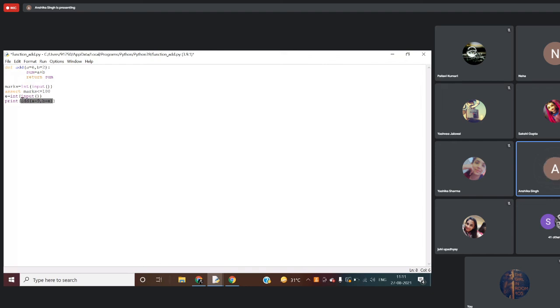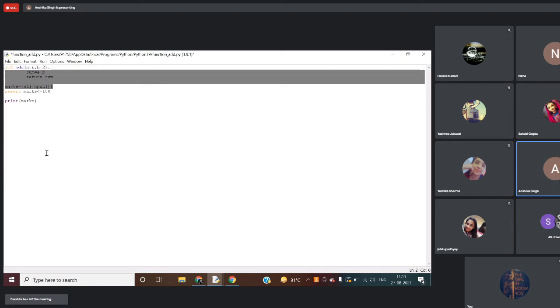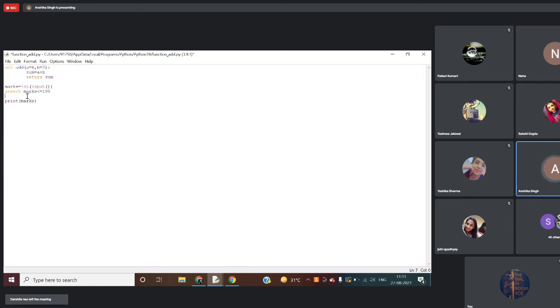Then only it will be printing marks. Otherwise it will be throwing an error.